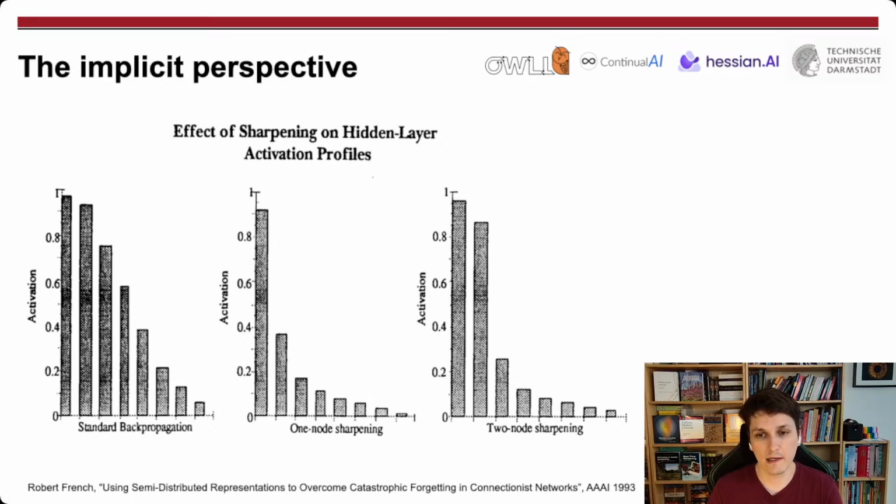also maybe slightly undesirable in the sense that it's now completely entangled and you'd have some form of catastrophic forgetting once you start trying to optimize the weights that lead to this activation towards a different task. And in the sharpening examples here, you actually see a quite different pattern where in the one node sharpening, you see that only one activation really peaks quite heavily and the others are pushed down. And in the two node sharpening, you could see that two activations are peaking, whereas the other ones are pushed